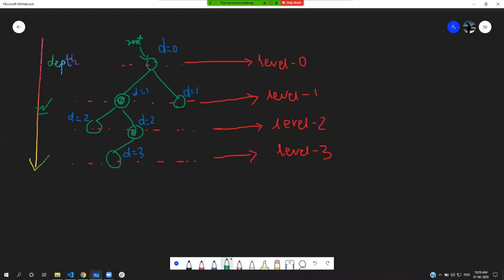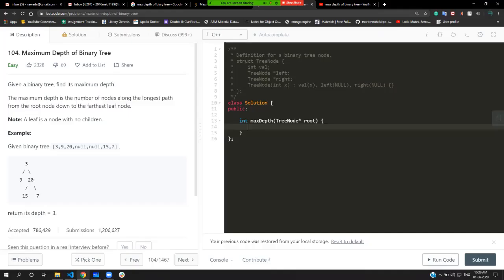So now, as we go to the left or to the right, we need to create a counter. We need to keep check that if we are going to the left or right, we increase some value which will store the depth of the current node that we are going into.